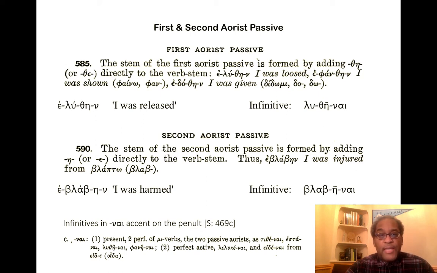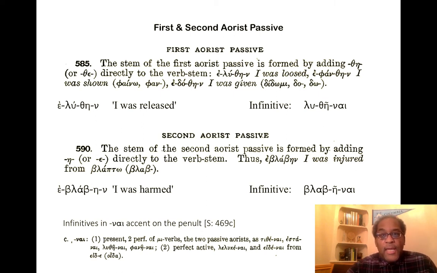And so you see elutein, I was released, and then the infinitive is going to be formed by nai, nu alpha iota, lutenai. Remember, the infinitive does not show the augment. So I wish to be released, to have been released,